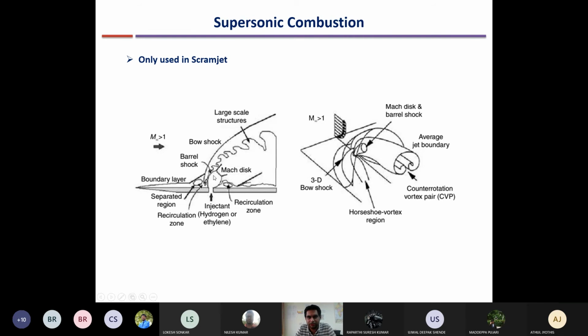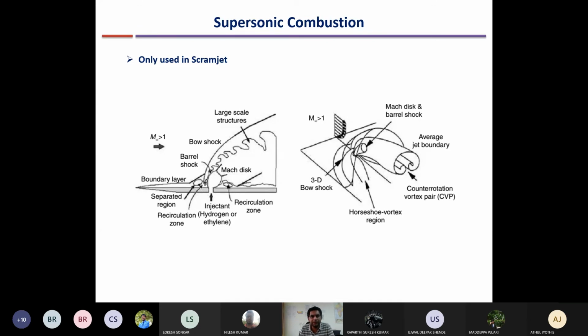There are also rotating vortex pairs that are generated, which also help in holding the flame in this region. So these again have to be very cleverly designed. A lot of research is going on, but it's a very difficult, challenging problem. That's why you don't see scramjet engines in production. These are not yet figured out properly.